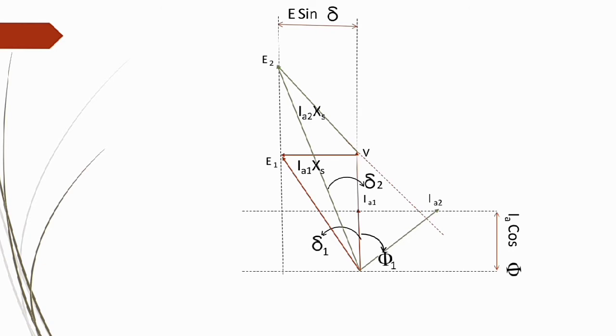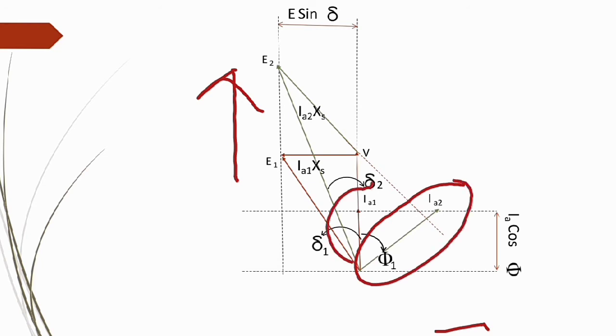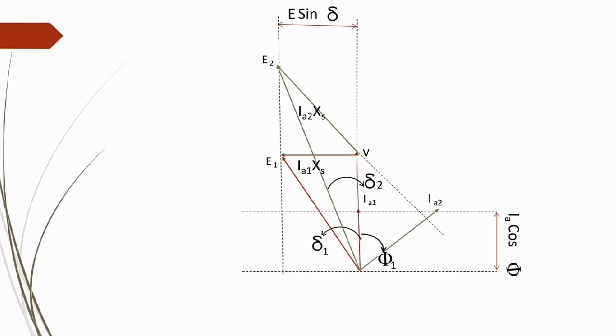Then the second one, the load angle decreases here. You see clearly this, when we increase the excitation, the load angle will decrease here. Power factor angle increases, load angle decreases, armature current increases. In the previous section we saw that when we increase the excitation, the armature current increases, the power factor angle increases, and the EMF increases, of course.